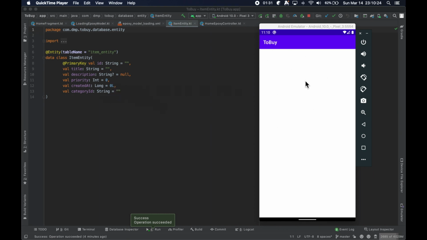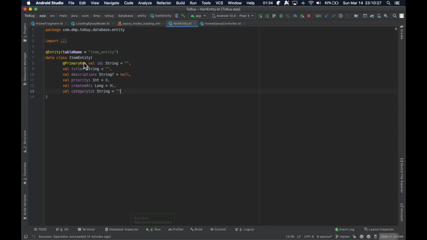So just wanted to show you that there's really not much going on on this screen at the moment, but we do have our item entity here that has an ID. This is just going to be an auto-generated ID. The title, an optional description, a priority, and then created or category ID we'll get into in a little bit as we add more tables. So I'm just going to leave that blank for now, and then created at is something that we're going to add programmatically. So we really just need the title, optional description, and then a priority level in this little form, and then we're able to add the rest in behind the scenes for the user,